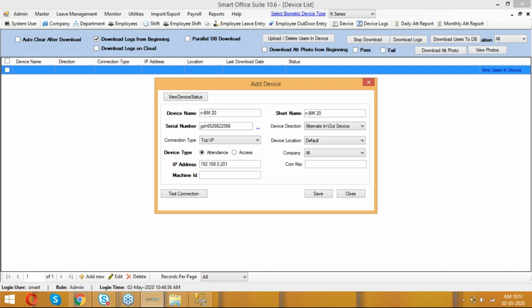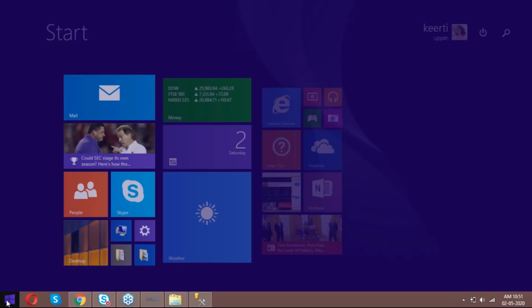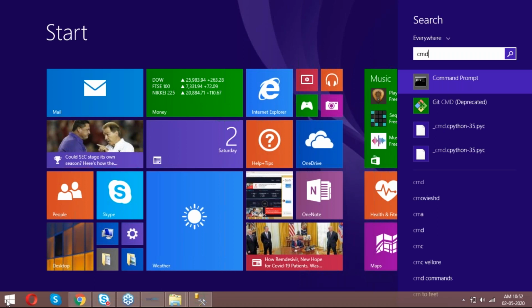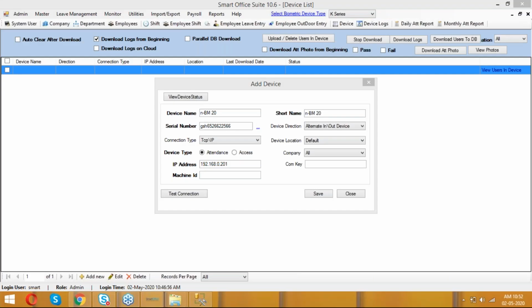There it will show you the device IP address. First check whether the device IP address is pinging or not.